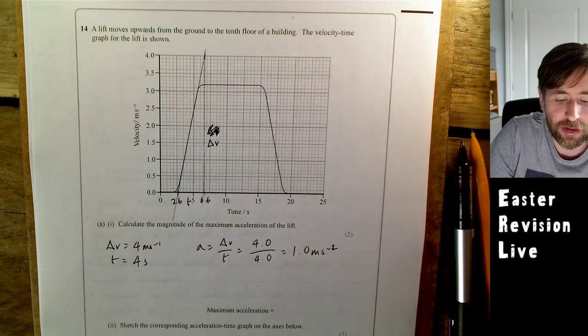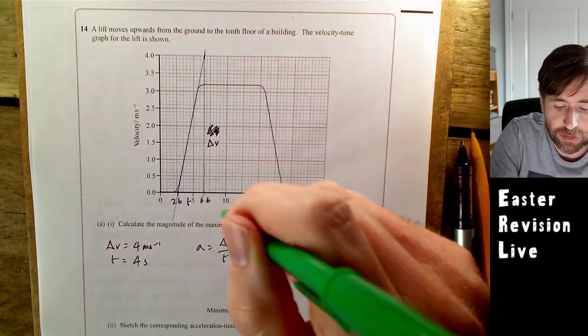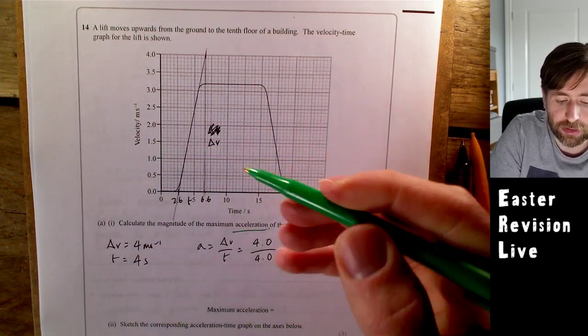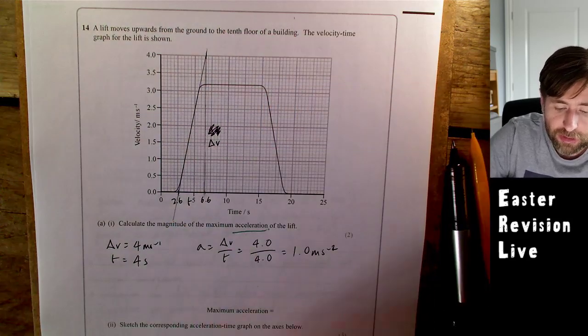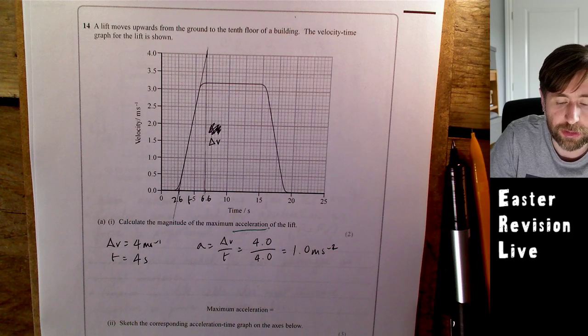So you don't need to know anything about lifts to do this. You don't need to have done that experiment. You just need to remember this is a velocity time graph and you want an acceleration. So what do you do? You do a gradient. So I've shown the examiner that I'm using the gradient, because the first mark is an attempt to calculate